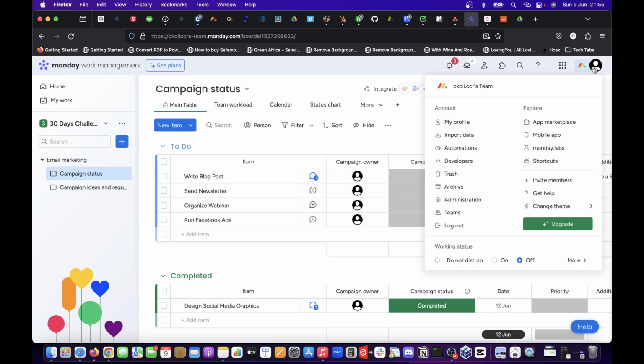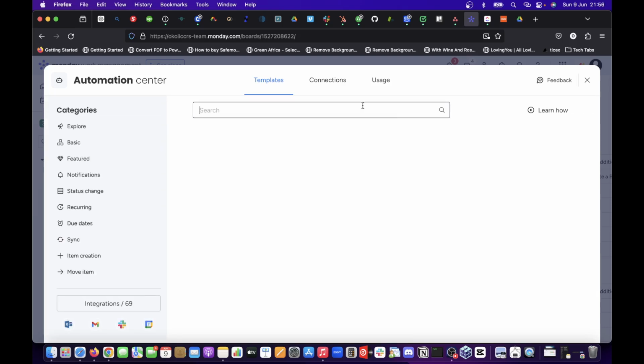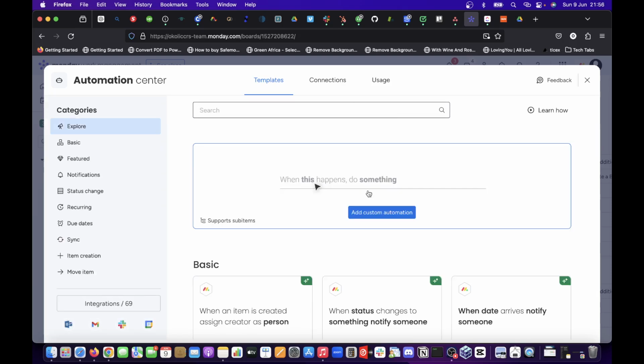So let's see automation. Now, why I like automation on Monday.com is that it's very simple. It's not like some people that set up Zapier and at the end of the day you hear it's not working, it's not working. This one is very simple, and we are going to see how simple it is. Now, I said I want to set up an automation that when